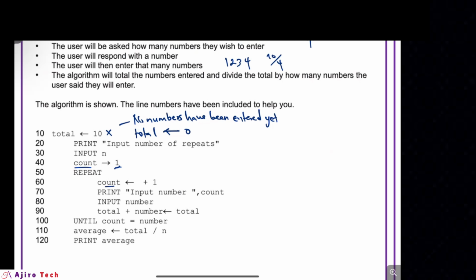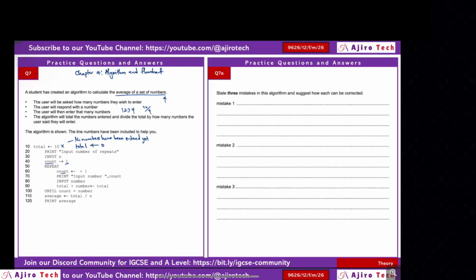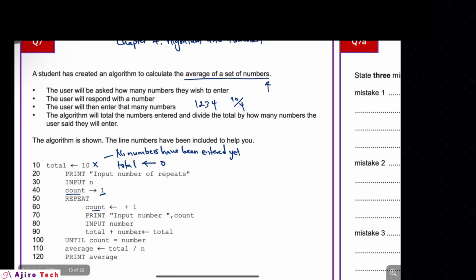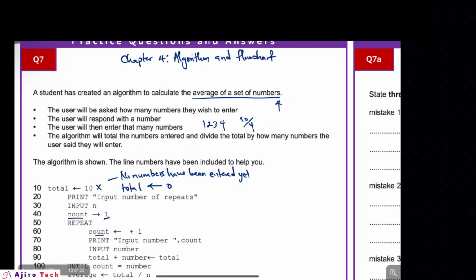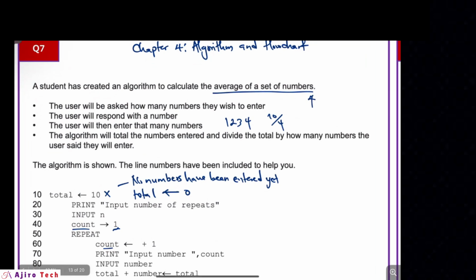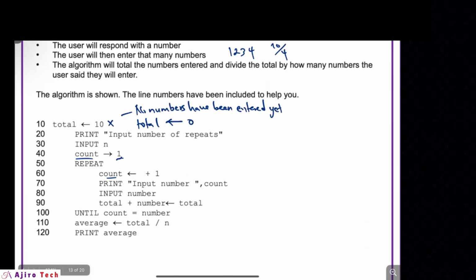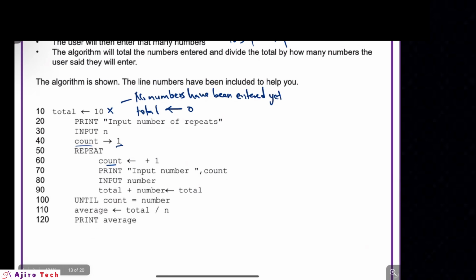No, this is wrong. And why is it wrong? Now, the variables need to be updated. You are just saying plus 1 equals to count. How? Right? The variables have to be updated. So what we are seeing here is that the original statement performs no assignment. So rather, we should have something like this.